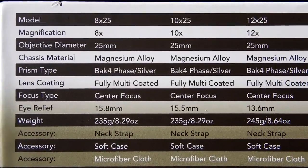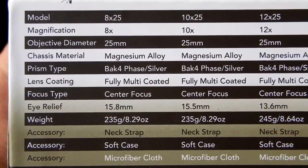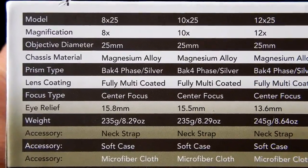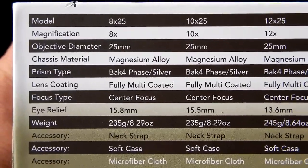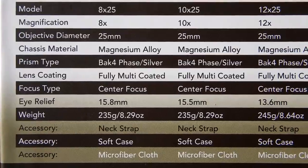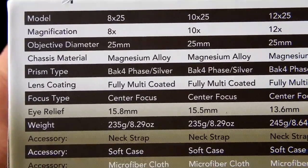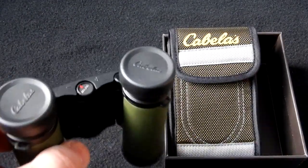Now as to these specs, I want to take a look here at where it says eye relief. The 10x25s you'll see are 15.5 millimeters, and that's just not enough. You generally need an average, and a lot depends on the particular eyepiece. They generally stay around 18 millimeters, but there's other factors that come into that. An average of 18 millimeters of eye relief, in which you are able to see the full field of